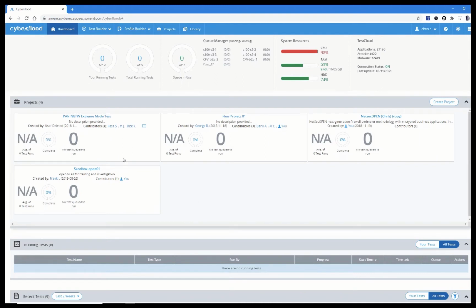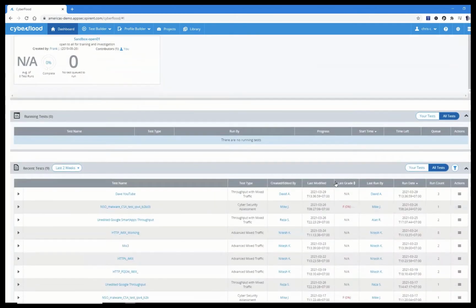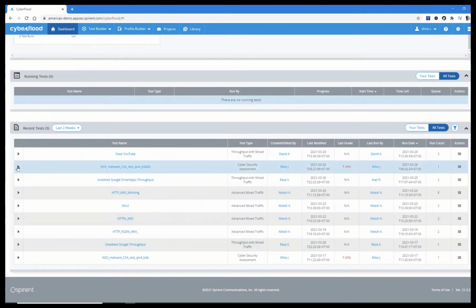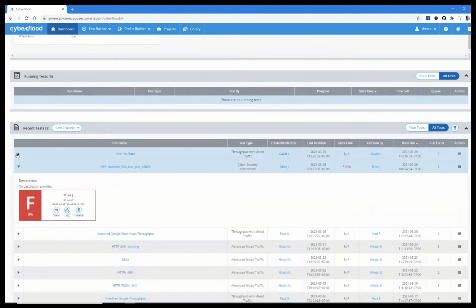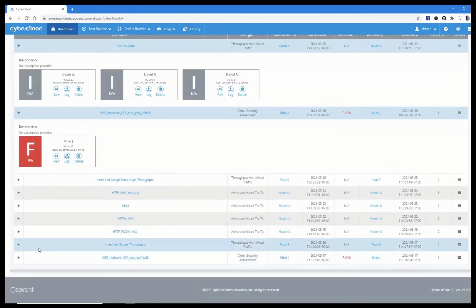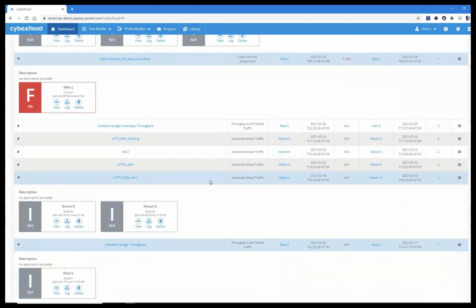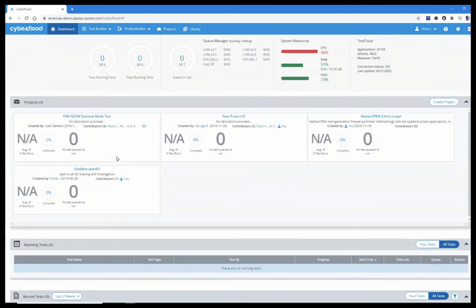I can create project workspaces, and inside those workspaces, I can have different groups of users contributing to tests. And then down here, I have a library of results. If I expand this, you can see I have these graded cards, and they represent different test runs within that test interface. So what CyberFlood does, like I said, is break testing up into logical, manageable